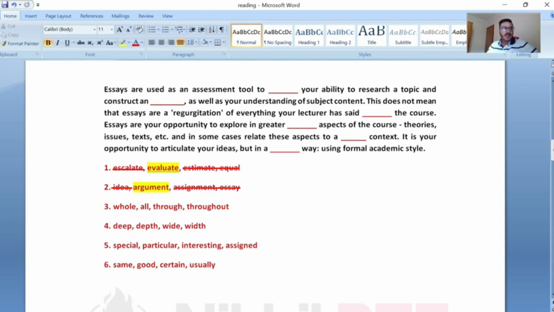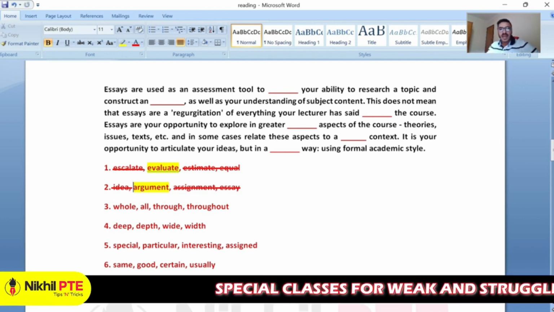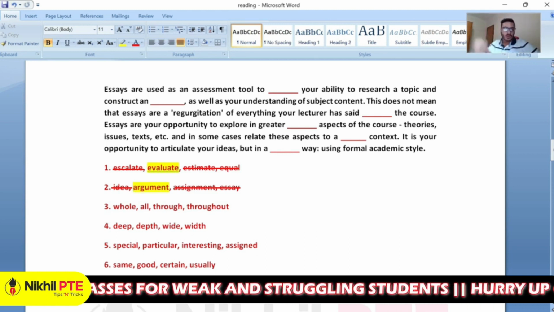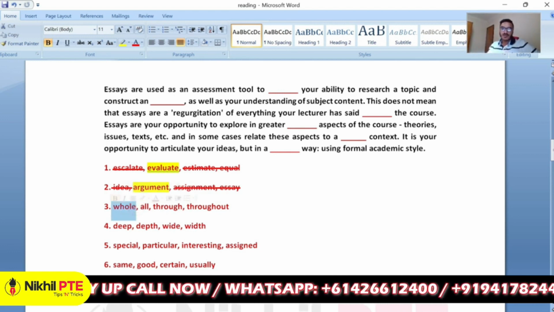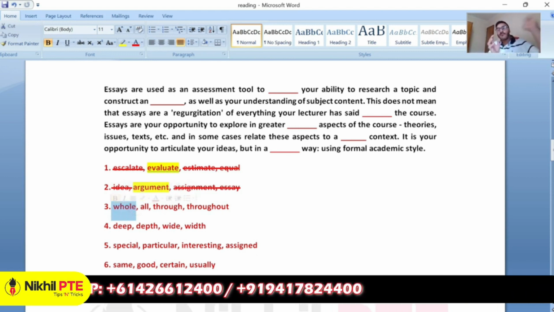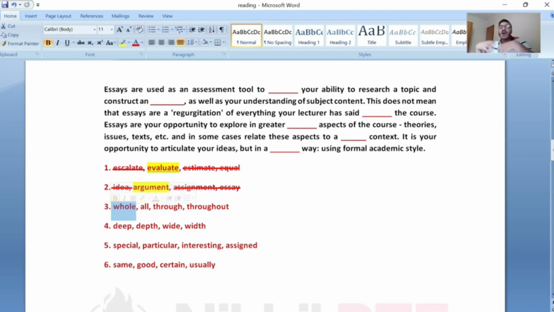This doesn't mean that essays are a regurgitation of everything your lecturer has said. Dash the course. Talking about the whole course. Whole course. Whole word is there. The whole course. But from first to last, what is the actual journey? What are the difficulties you have faced? Then we can say throughout, not throughout, right? Essays are your opportunity to explore in greater dash aspects of course theories, depth aspects,